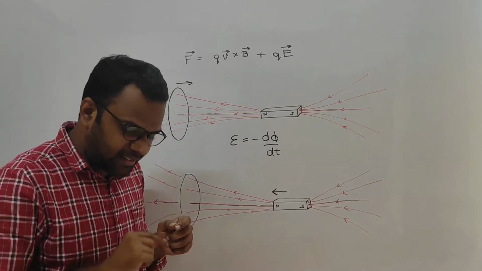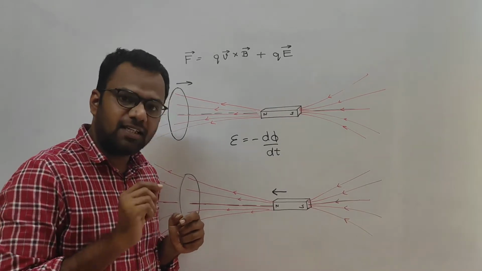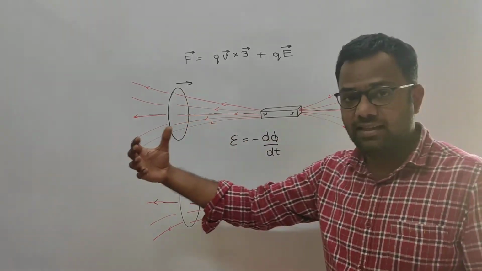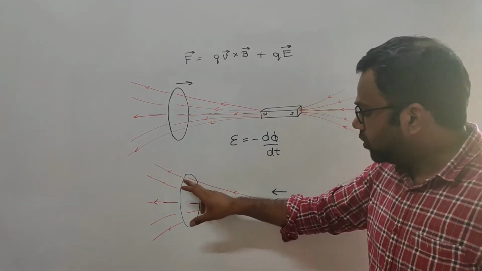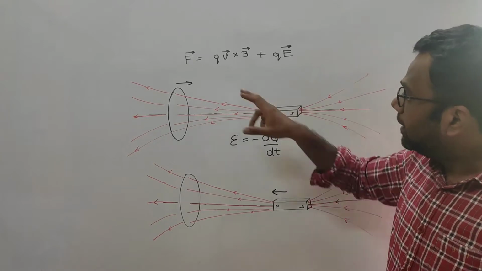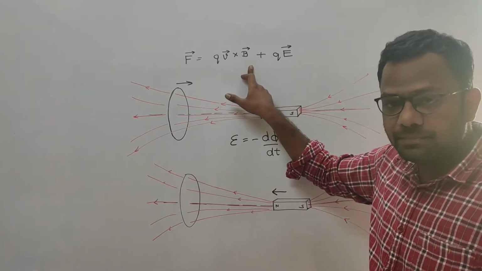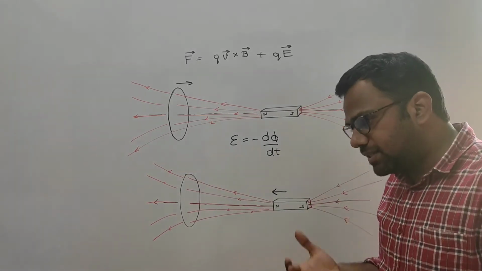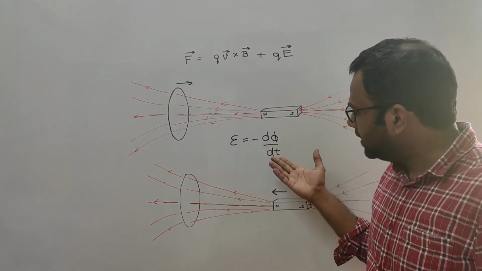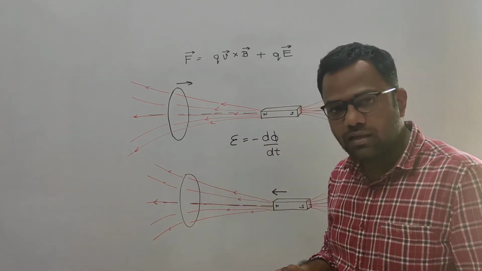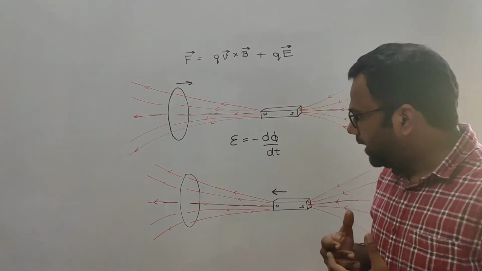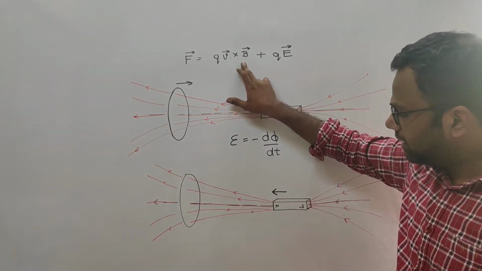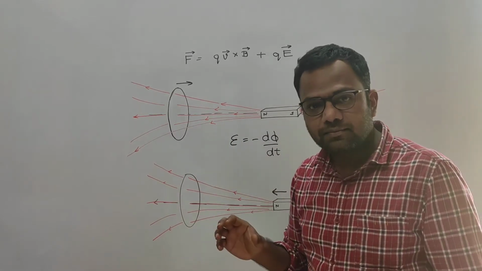Now since the conductor is at rest, the positive charges are not moving. The positive charges are not already moving as they were in the first case. So as the positive charges are not moving, this force cannot get applied on the charges because the velocity of the charges is zero. But still we see that EMF is induced in the coil, there is current induced in the coil. Now if there is no force acting on the positive charges because they don't have any velocity, how are we getting current in the coil?